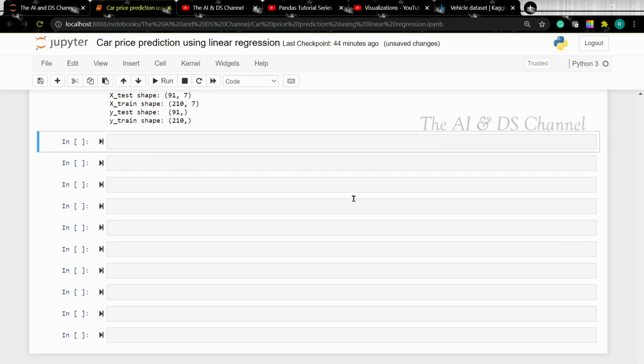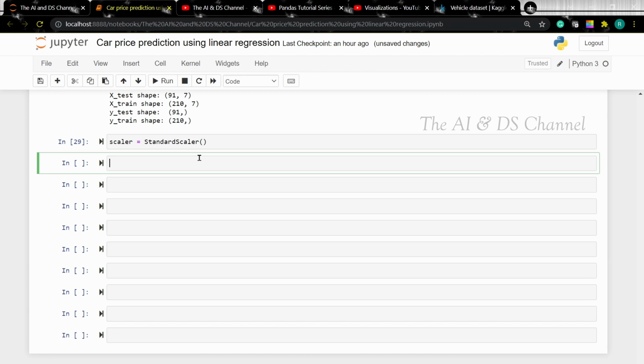So the next step in our project is to normalize the data in different columns. So we are going to use standard scaler to normalize the data. Standard scaler removes the mean and scales each feature variable to a unit variance. So let's load standard scaler and let's apply the normalization on the x data. scaler.fit_transform.